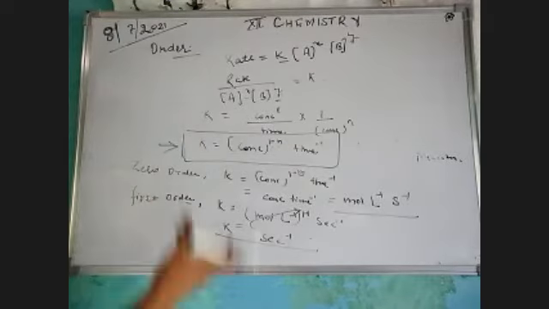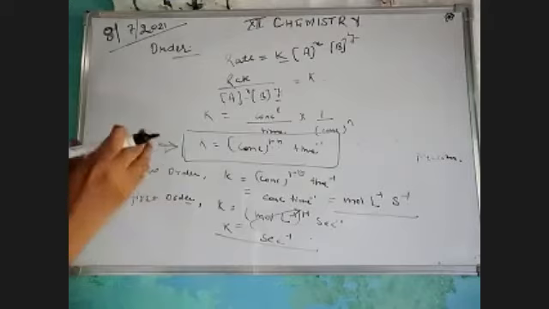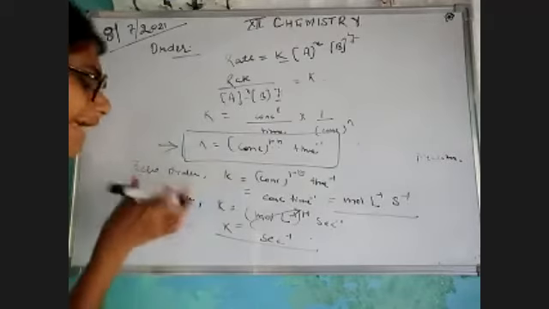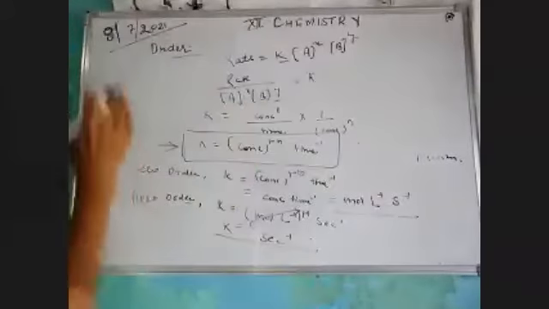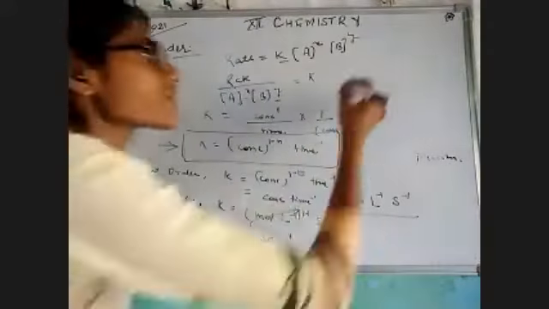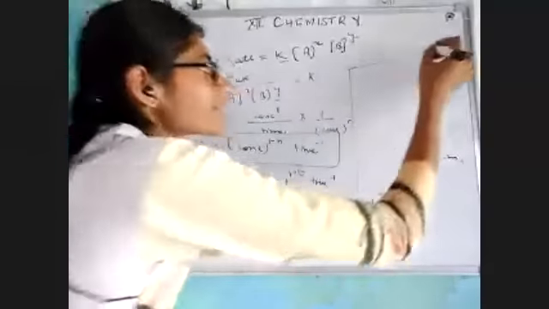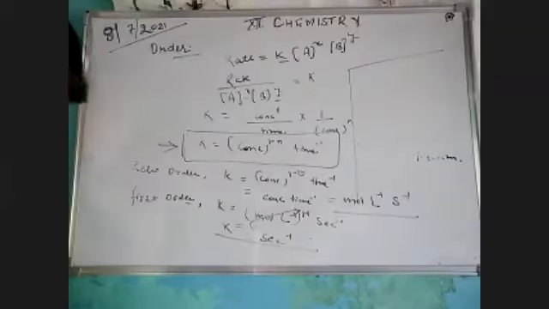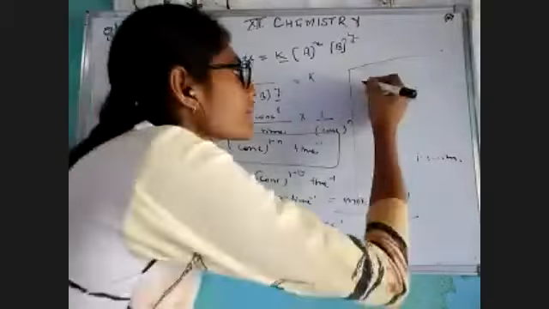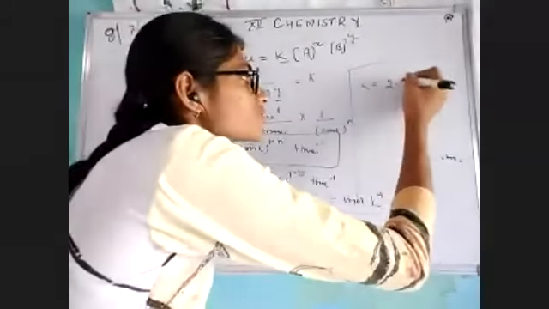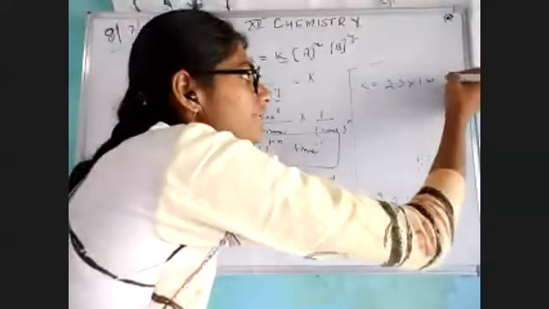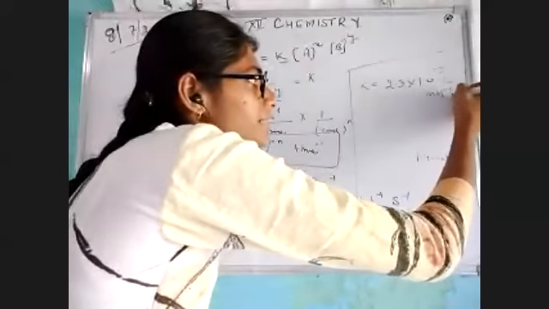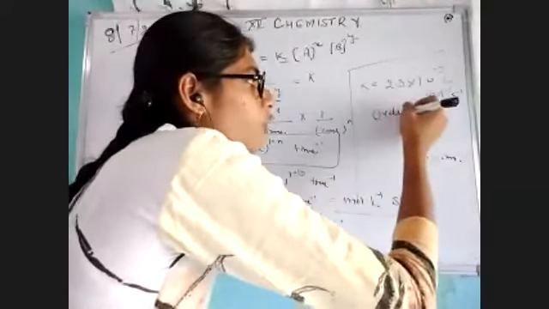Now the point is, how do you get the question in your board exam? How do you get the concept about this particular question, that we have to calculate the order by the help of unit? We can tell about the order. For example, a question has been given in your NCERT textbook. The reaction rate constant K is 2.3 into 10 raised to power minus 5 liter per mole per second, and you have to calculate the order.